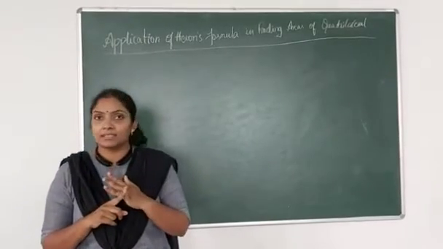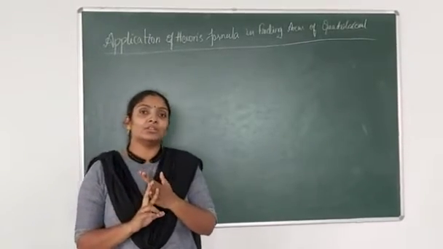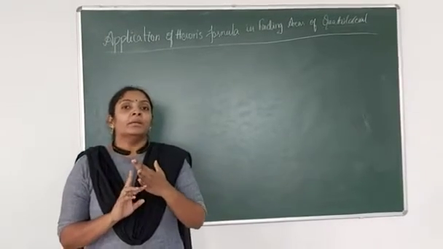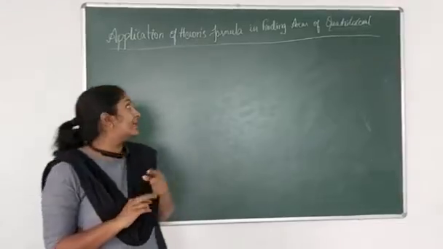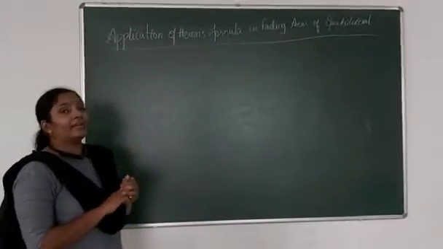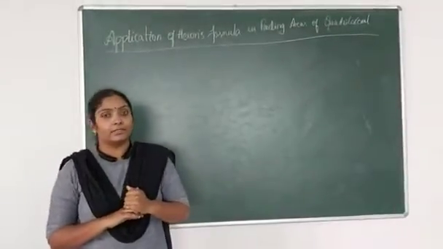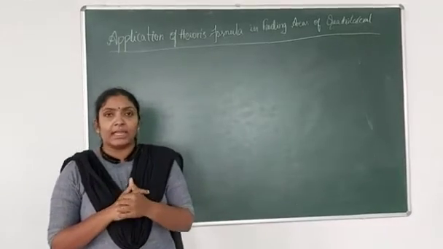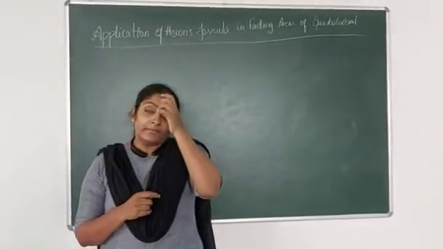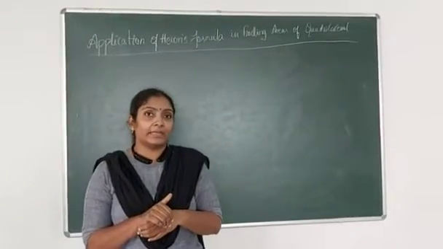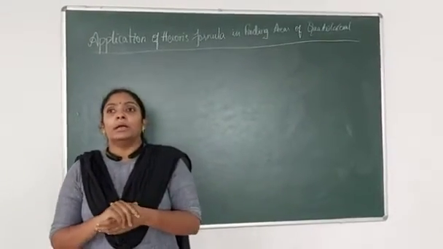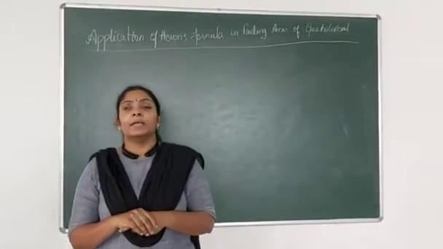As I have already told you, there are three parts. The first thing is the introduction, the second thing is application of Heron's formula to find out the area of triangles, and the third part is application of Heron's formula in finding the areas of quadrilaterals. If you can recollect, in the previous year we were calculating the areas of different quadrilaterals in the chapter on perimeter and areas, and surface areas and volumes.